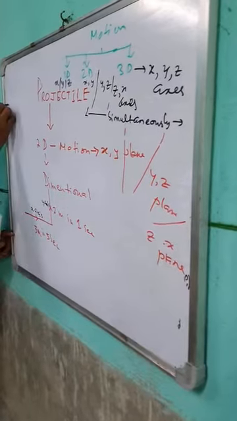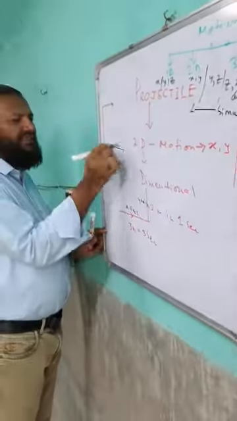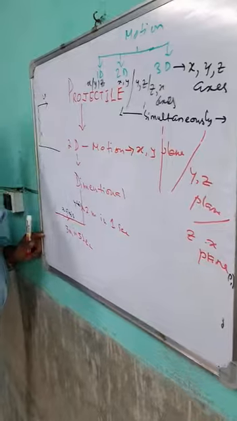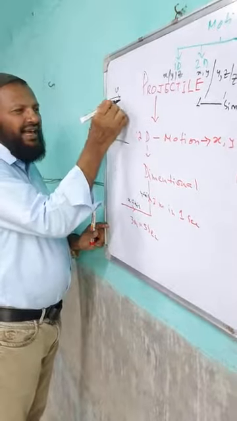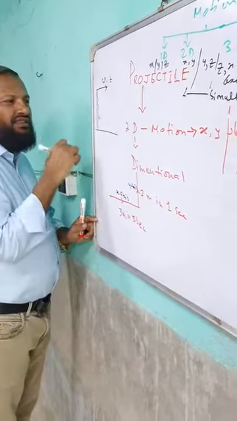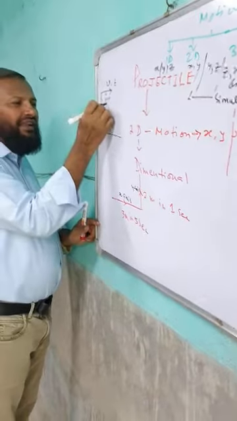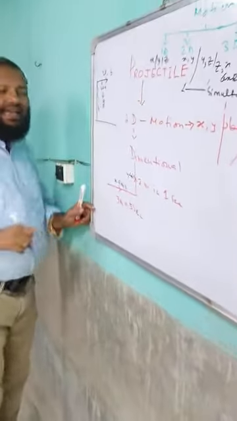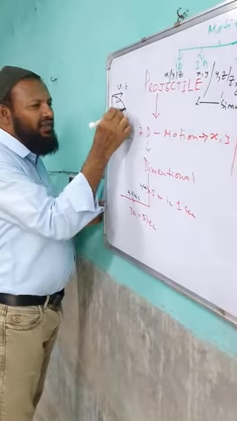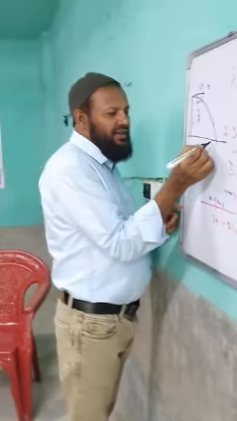Suppose a body is thrown from here horizontally. This is the height h. A body is thrown. Body is moving like this, and for this motion, it has time, it has velocity, and body is falling down. Initial u equal to 0, and in downward direction there is acceleration. Due to this, the body will ultimately fall along this path.